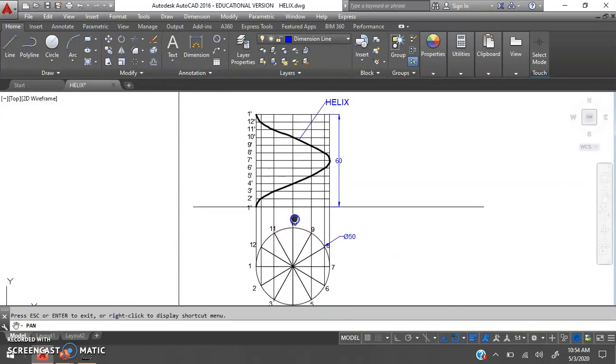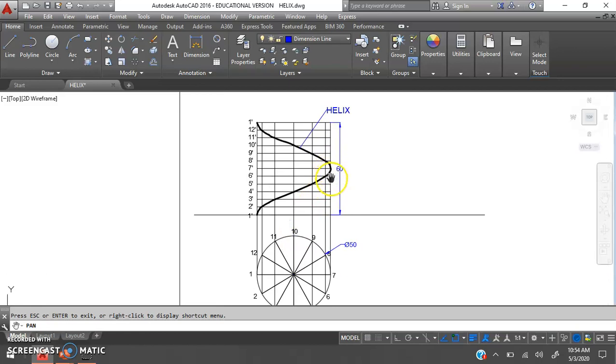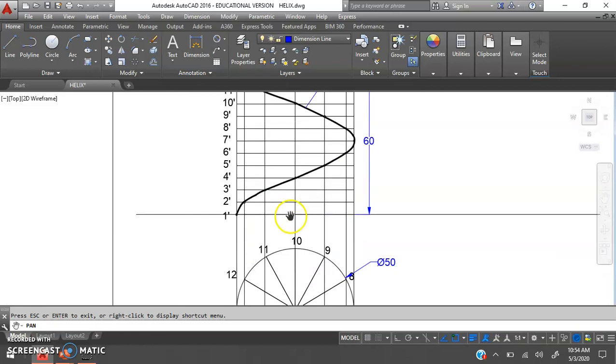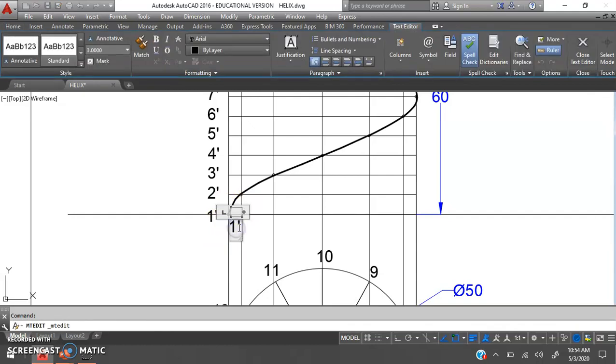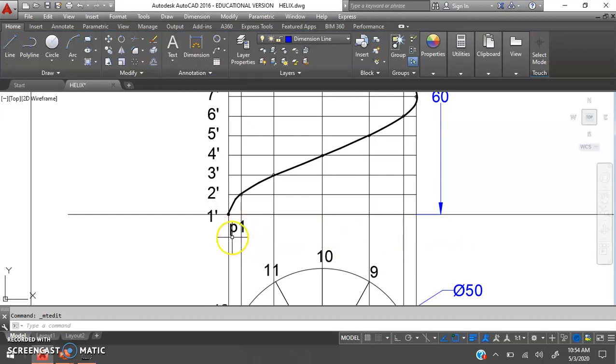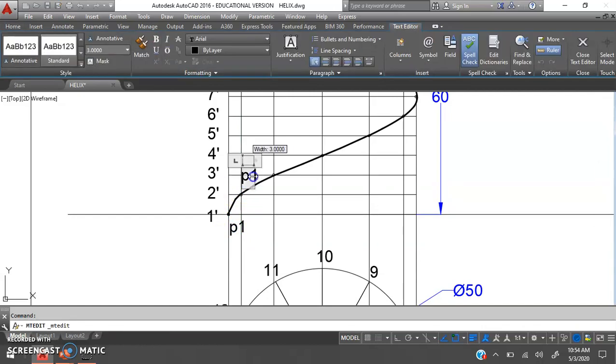You have to take care that this helix should be a smooth curve, and you have to give naming to each and every point. Here I can give naming, copy, paste. So this is my point P1. Similarly, the second point P2.